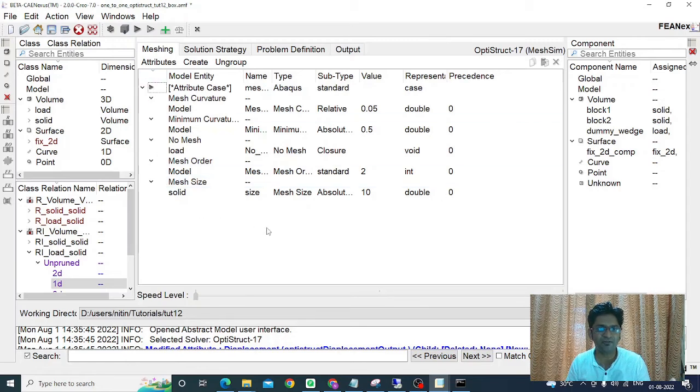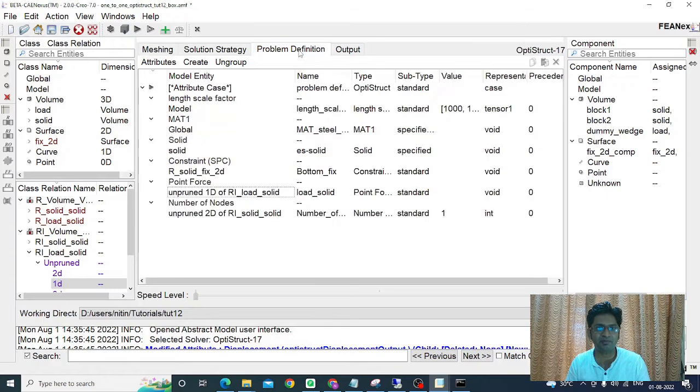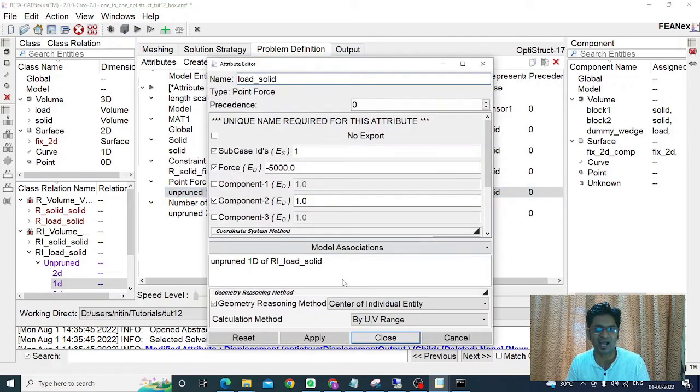Now this abstract model file is the same abstract model file which I had used for the coupling assembly. So it contains the same classes, same relations and all the attributes same as what we used for the coupling assembly. The only change we made in the problem definition tab, that is for this point force attribute, we used unpruned 1D of Ri relation between load and solid class, and in the attribute we specified the geometry reasoning